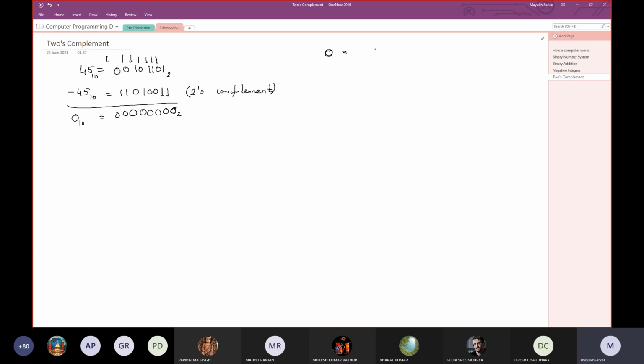Suppose we have 0 here. So again consider the 8-bit system, 0 0, all zeros. And if we want to represent minus 0, what we'll have is all ones, this is 1's complement, plus 1, right? And again we'll see that 1 and 1 is 0, there will be a 1 carry here, 1 and 1 is 0, 1 carry here, 1 and 1 is 0, and so on,